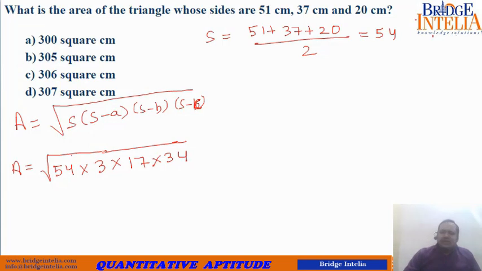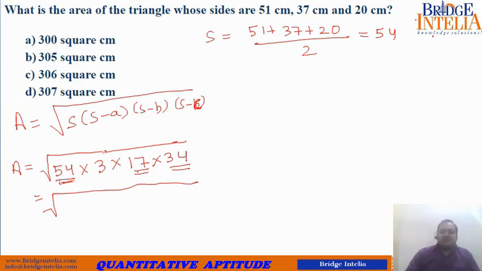Since you are interested in square root, it is a God-sent opportunity. It is a good opportunity that the numbers are already somewhat factorized. So please do not waste your time by multiplying them again. Just break them further. 54, 17, 34. 34 is also a multiple of 17. These numbers are just given to make things easier for you.